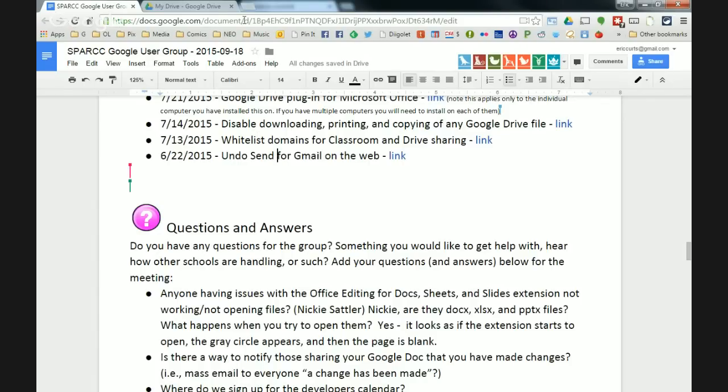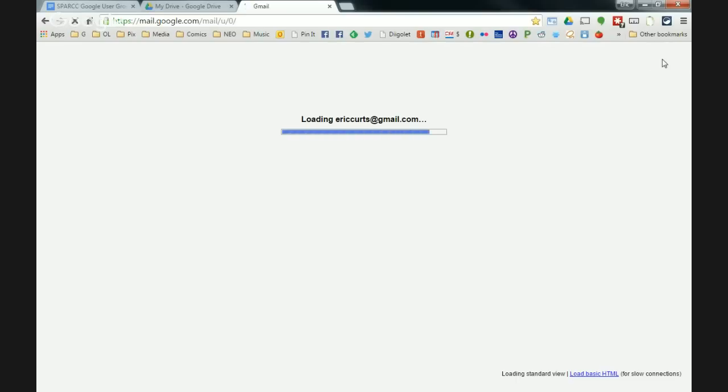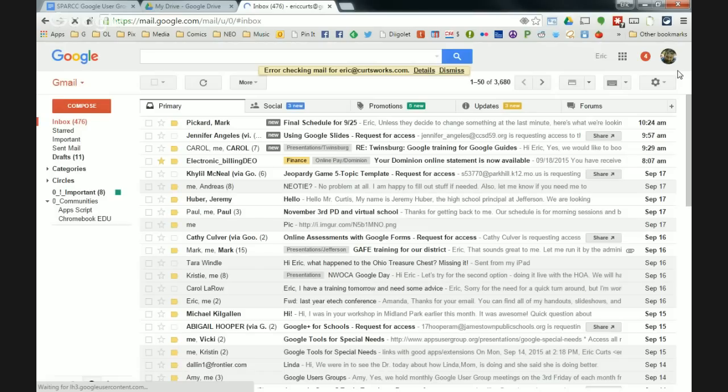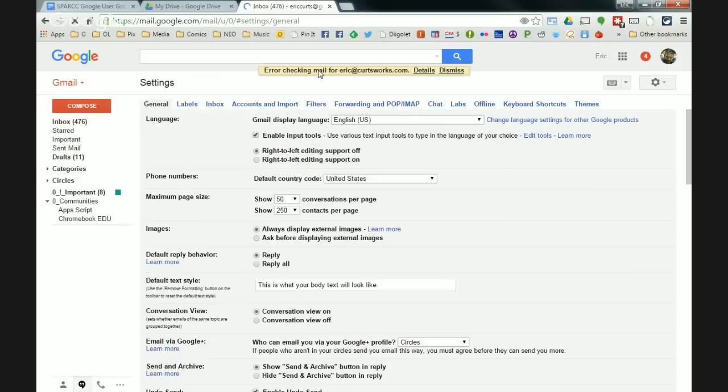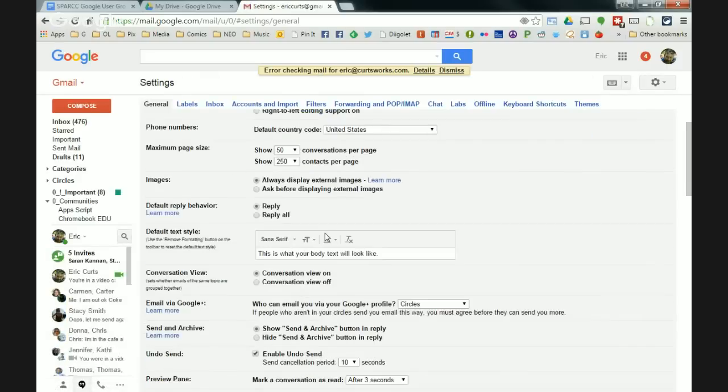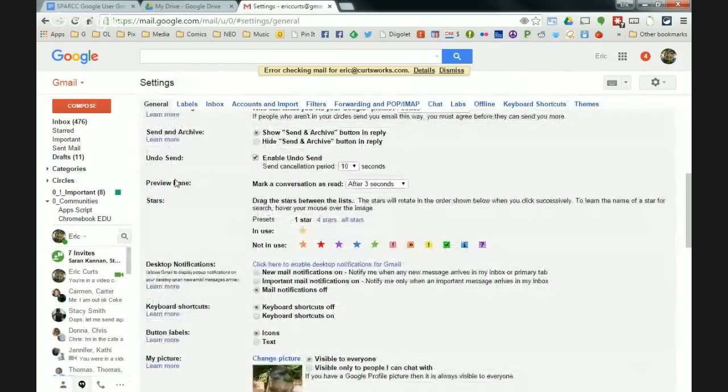Now, the way it works is if you go over to Gmail and you go into the settings here, let's go to the settings here. All right. So if I go into the settings and I scroll down, notice that in my settings, there's an undo send option in there. This used to be a lab. You had to go to labs. You had to install it from labs. Now, undo send, you can turn it on and you can choose how many seconds you're given